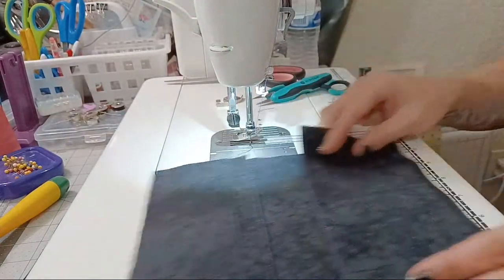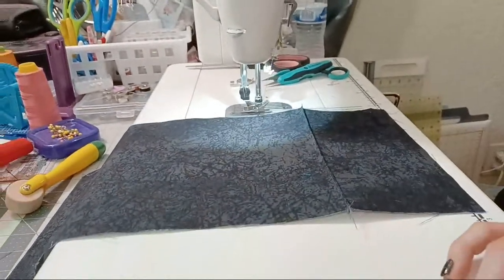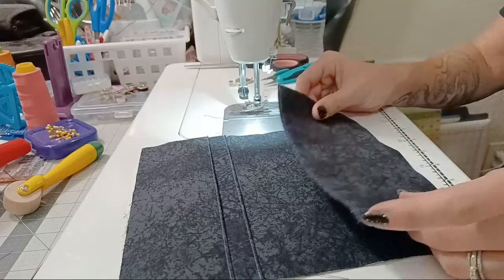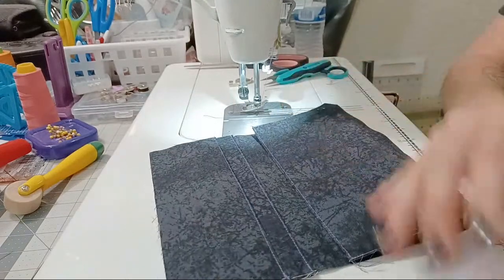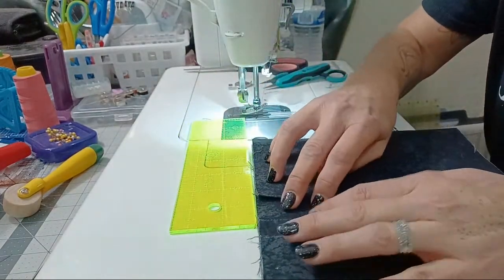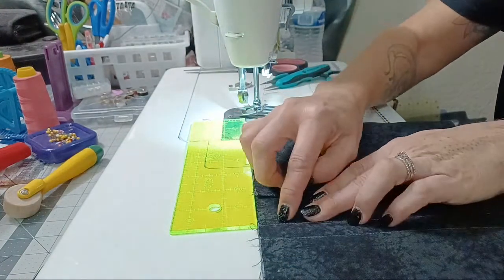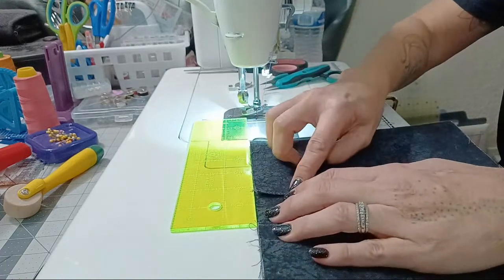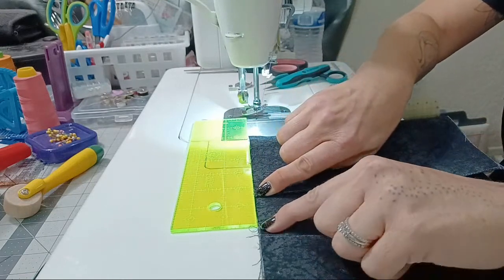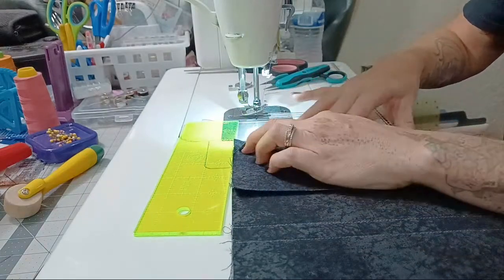And now what we're going to do is we're going to take this big long flap. Let's see how well that can be seen right there. This big long extra piece right here. We're going to be folding this up like this, but we're going to be measuring it. I'm going to put a ruler up here. Here's your edge of this piece, and here's your edge of this piece. Put one edge at the edge of the ruler, like this, and the other edge right here, and we're going to scoot it until it's sitting at 1.5 inches. So you want it 1.5 inches away, and I'm going to give this a little finger press,